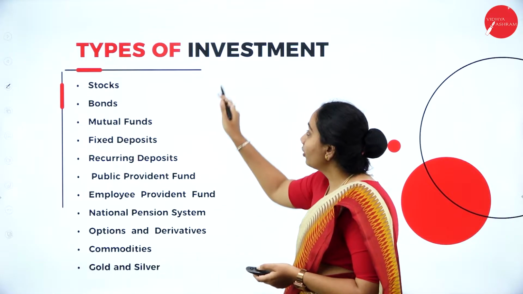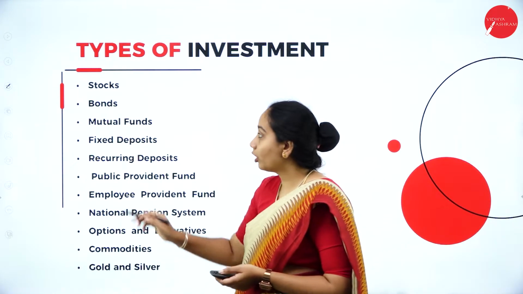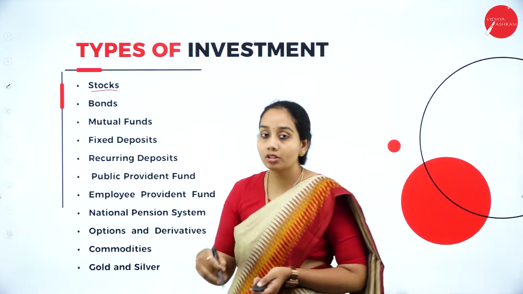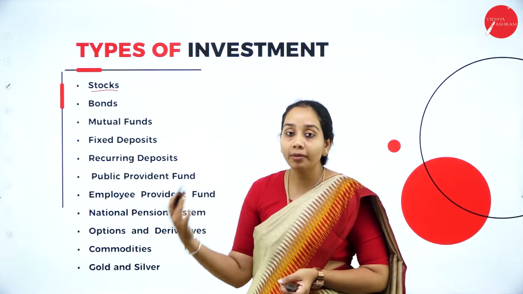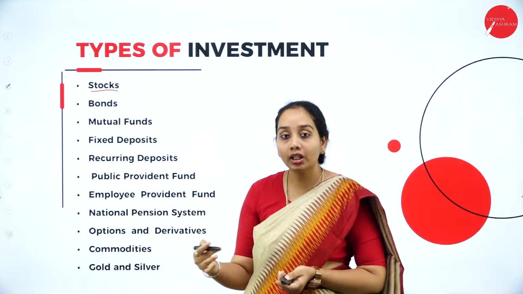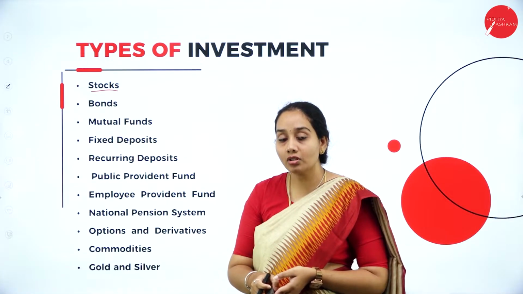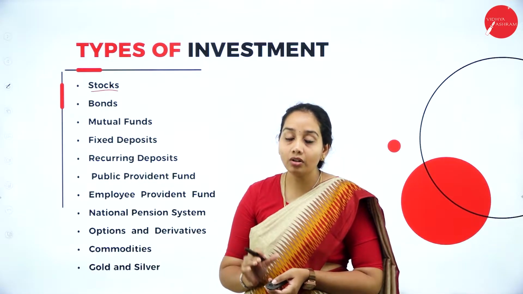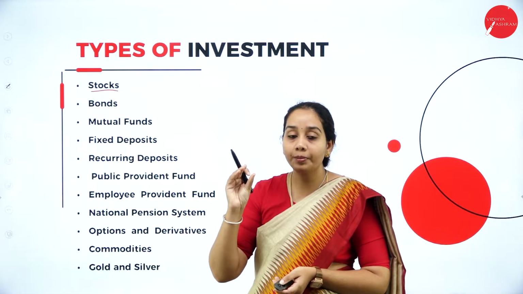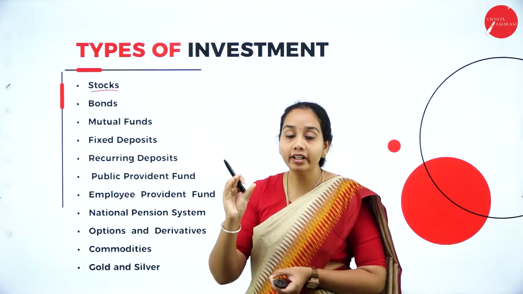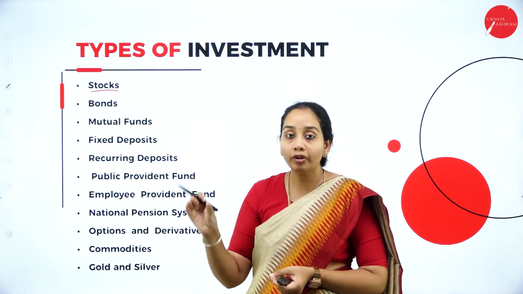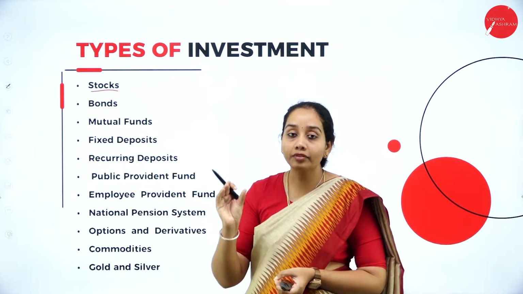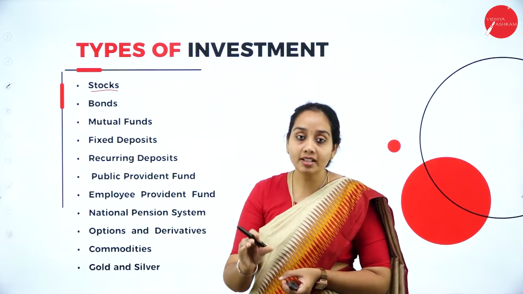Next is about what are the different types of investments we have got. First is stocks. Stocks, you know, is a very famous word that we use in case of the share market. Now, what is a stock? Stocks are also called shares. So what is a share now? Shares are smaller portions of the lump sum amount that the company has called for investing purposes.